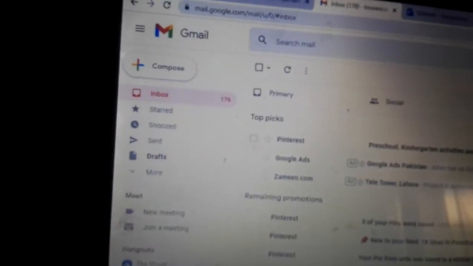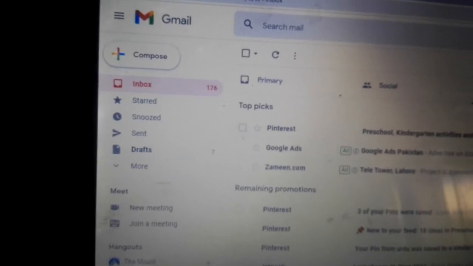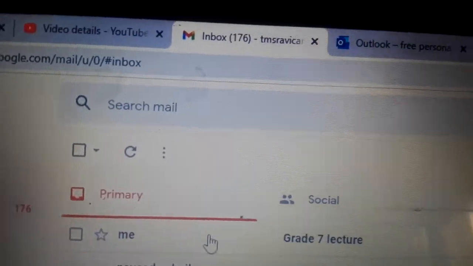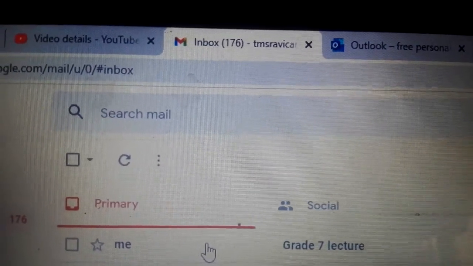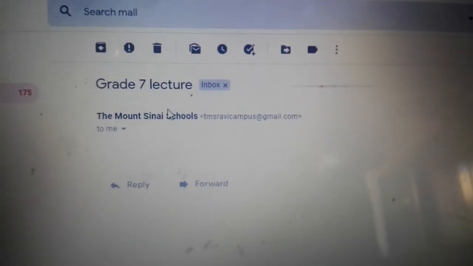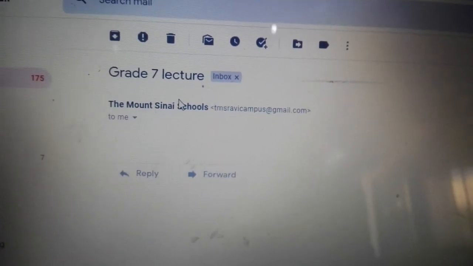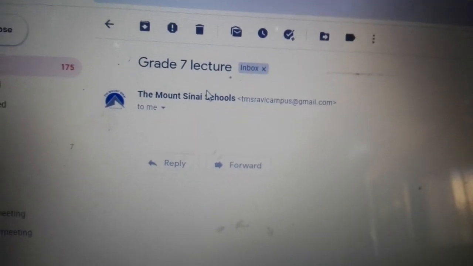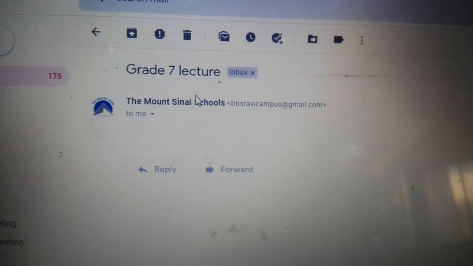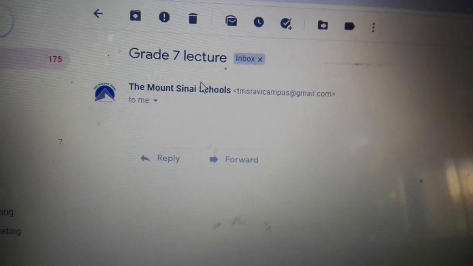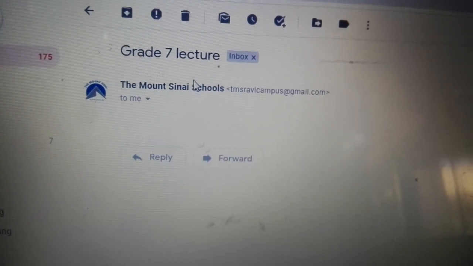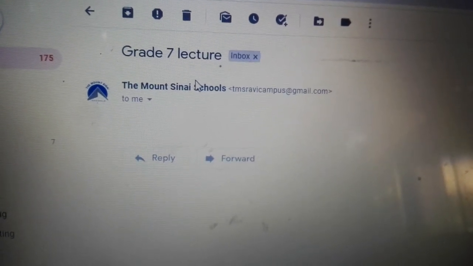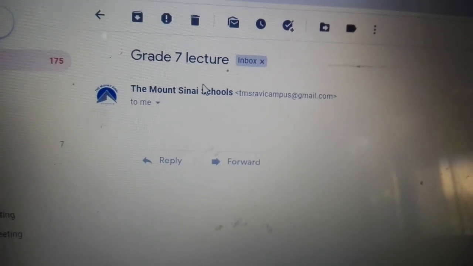Then the email is sent, and if we open our inbox, you can see here is the email that I have sent. Okay, this is the email that I have sent from my account to my account. In this way you can send your email to any other account. You see that this is a very quick process. We don't have to pay any money or charges for sending this email. Within seconds we send an email to another account.